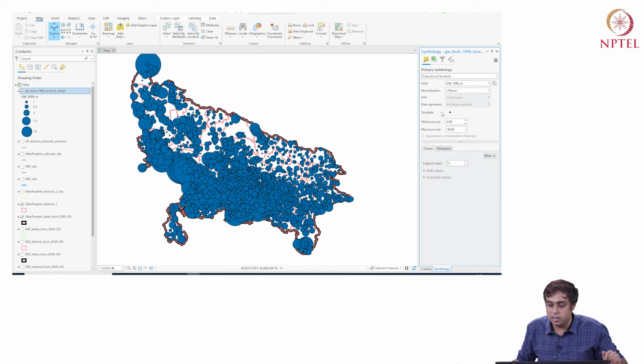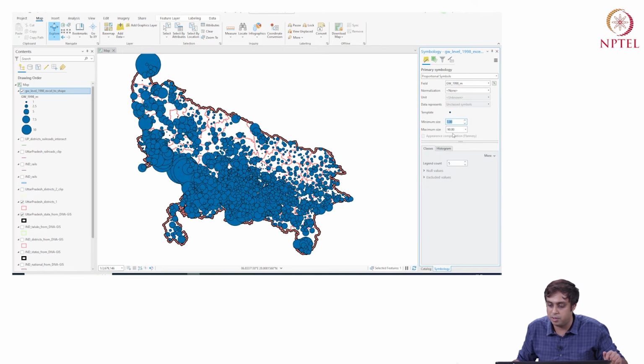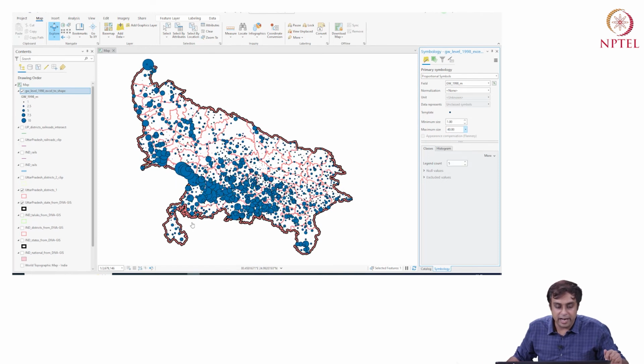So I can play with the template. I don't want the sizes to be so large, so I'm going to say minimum size is 1 and maximum size is 40. What that does is it makes my visualization much clearer. So I'm done with symbology, but something I learn from it is that I have some depletion problem in 1998 in the bordering districts of NCR, but not so much, maybe, on the southern side.